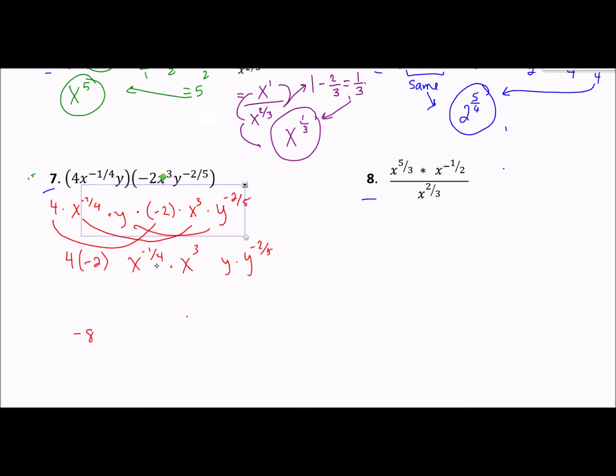So I'm going to take these exponents because we're multiplying. I'm going to add them. Negative 1/4 plus 3, which is 11/4. So my base, x, and my power go there. Okay, same thing with y. I've got y to the 1